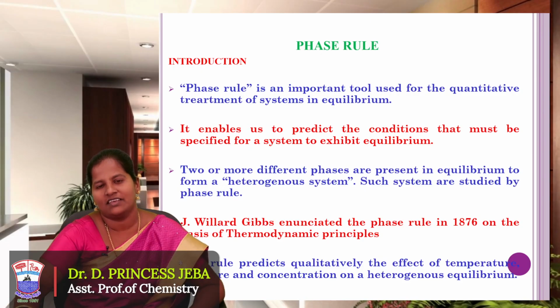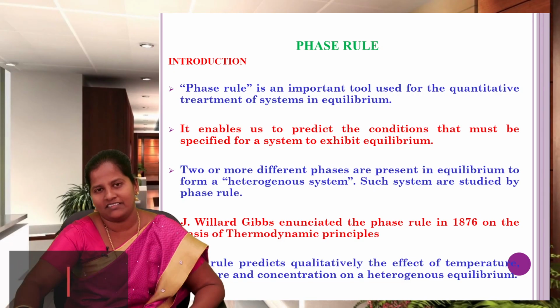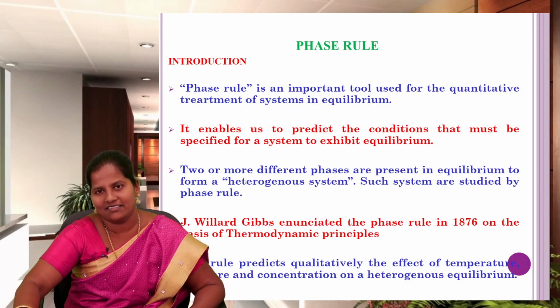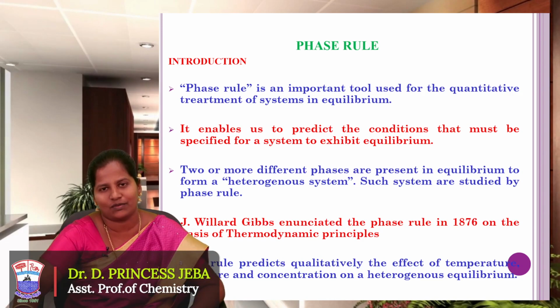What is known as a phase? If a system is in both solid as well as in the liquid state, for example water as well as ice. If both of them are in equilibrium, equilibrium means both of them have the same composition in the first as well as the second phase. This phase rule enables us to predict at which condition both the phases tend to exist in equilibrium. So this is the importance of phase rule.